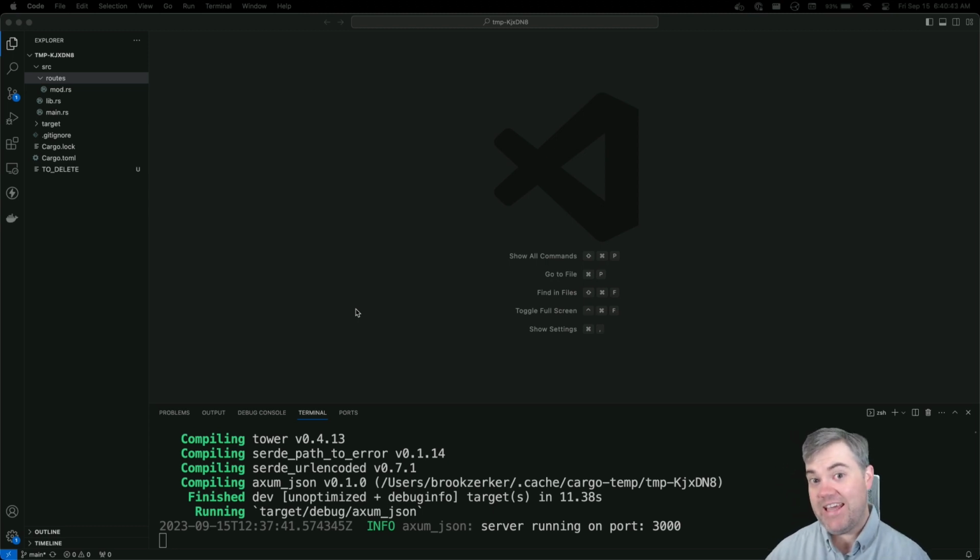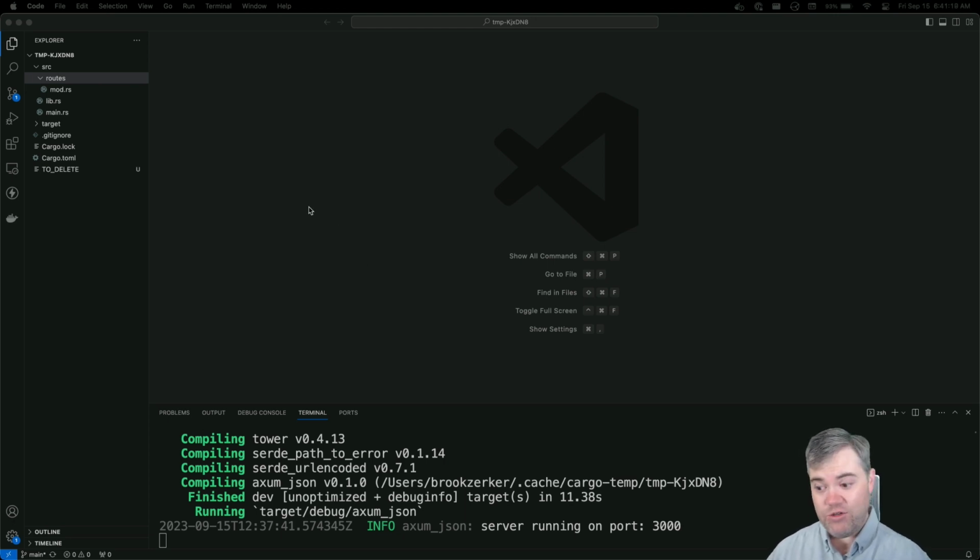Let's talk about handling errors in Axum. So far, we just respond with either a status code, or we can respond with JSON. We could put errors inside of the JSON, but getting back only a status code with no message, or a JSON with a 200, isn't really all that helpful. Plus, how do we handle those errors? Let's go through the different options and see what we can do.